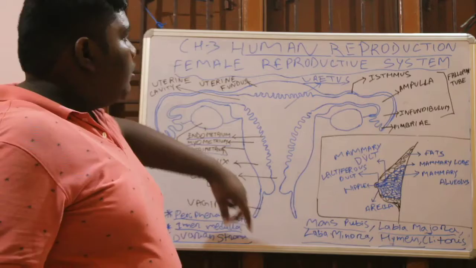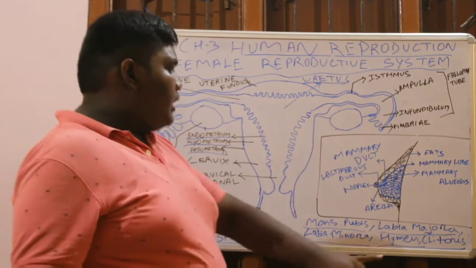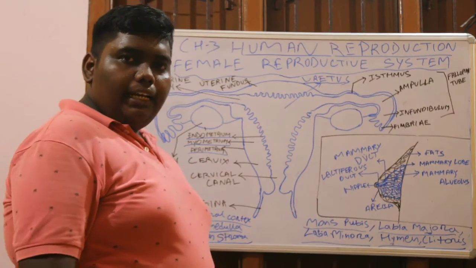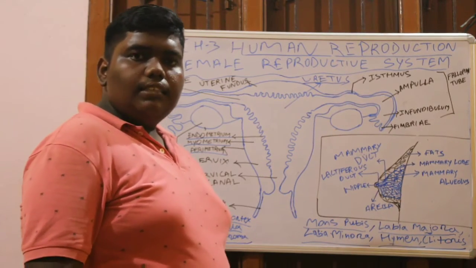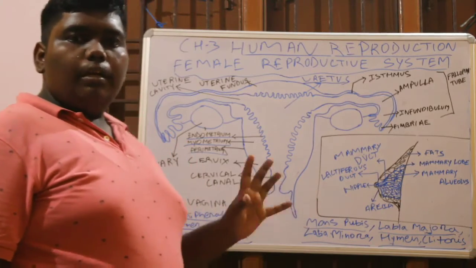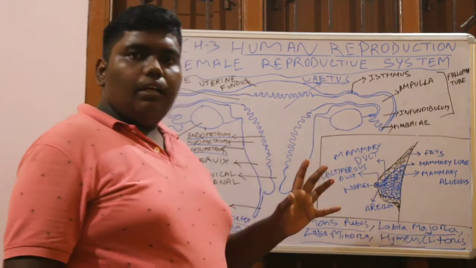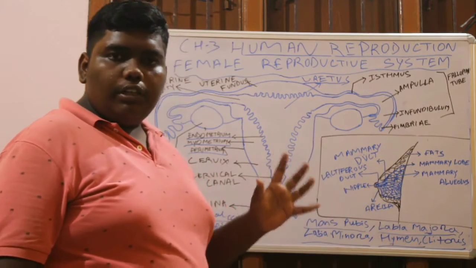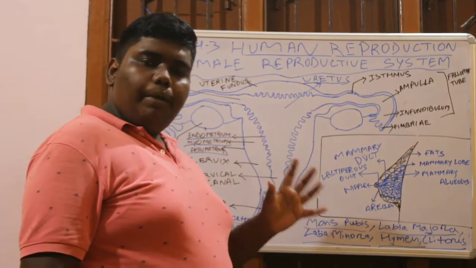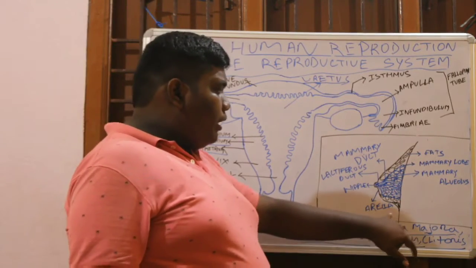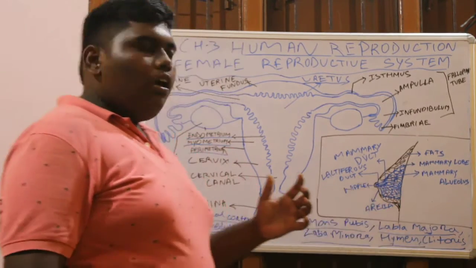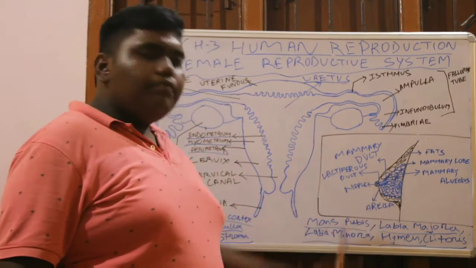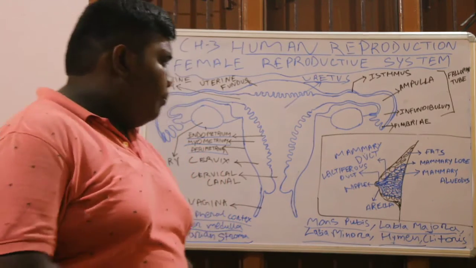This is all about the female reproductive system. Now there is another part, the mammary gland. The mammary gland is a secondary female reproductive organ, as it plays no role in the reproduction of the child, but after the birth of the child it provides the nutritious substances that help the baby grow. The mammary gland is present in the thoracic region of a human being. It is not actually present from birth. It develops during adolescence.